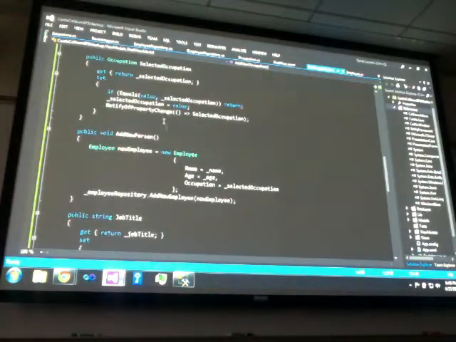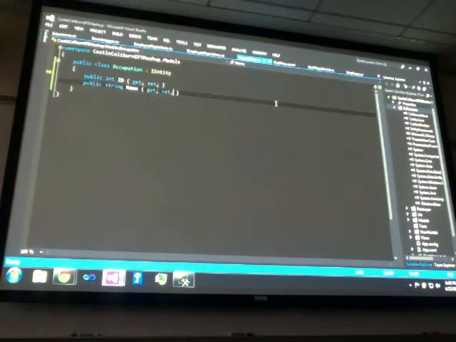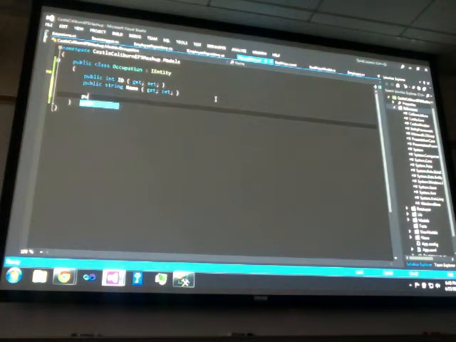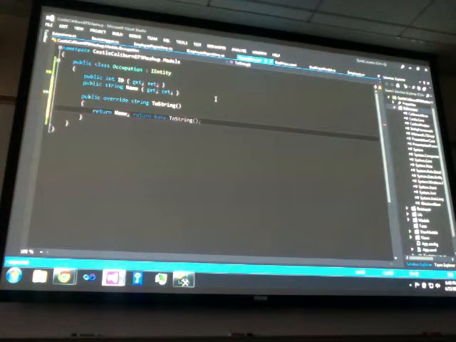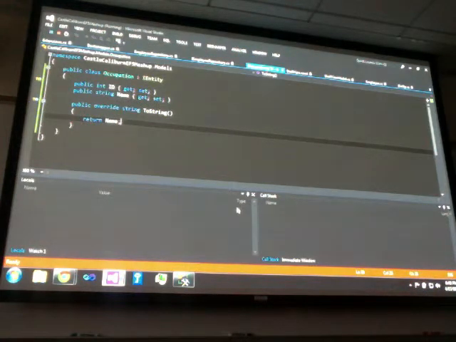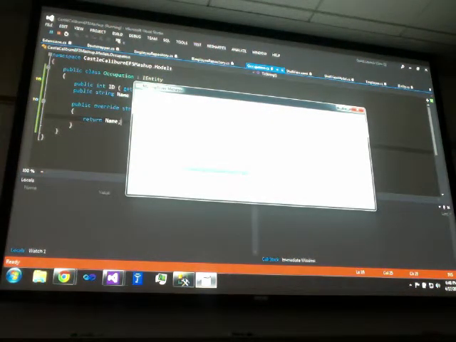You know what? So go to the occupation, why that didn't work. Go to occupation. We need to override the toString method. Turn name. Okay, the reason why you have to override the toString method to get that to work, if we look at